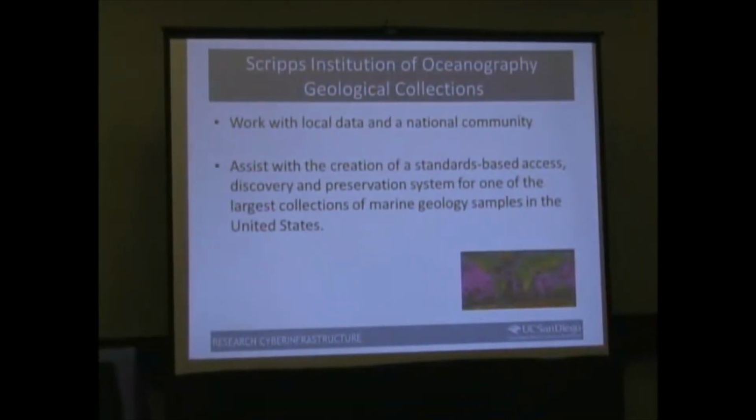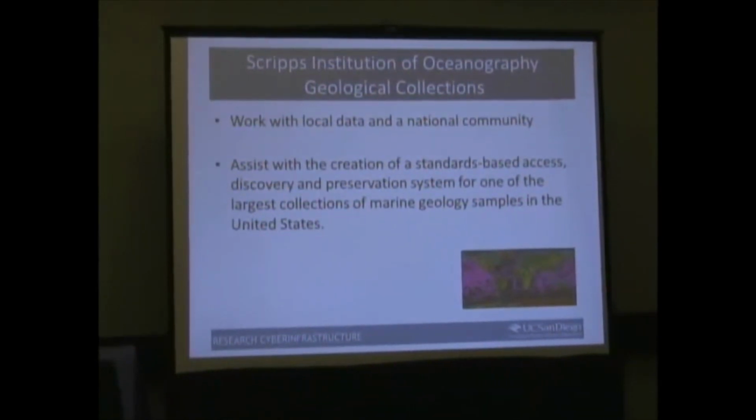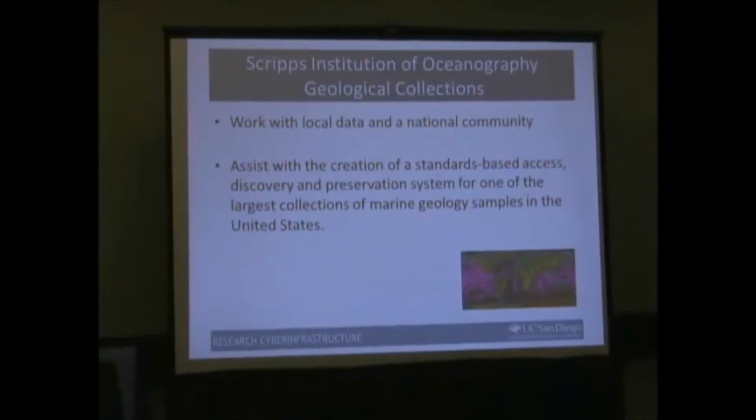This was important to us because we're looking at how they create a local collection with local importance and local ways of searching it. It uses pedagogical tools in their teaching environments and all those kinds of things. But then it gets uploaded into a national database, actually in Boulder, Colorado, that has a whole different set of standards and different set of usages. So how are we going to work with this national body and still meet our local needs?